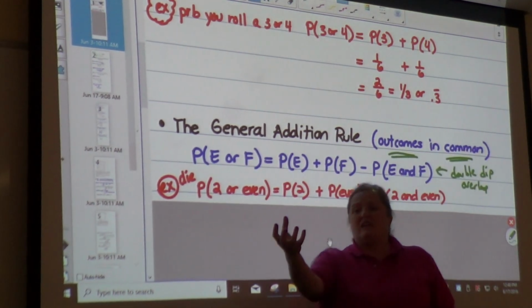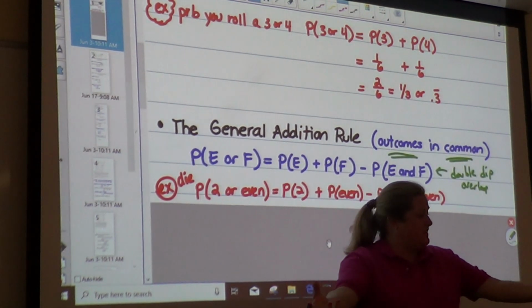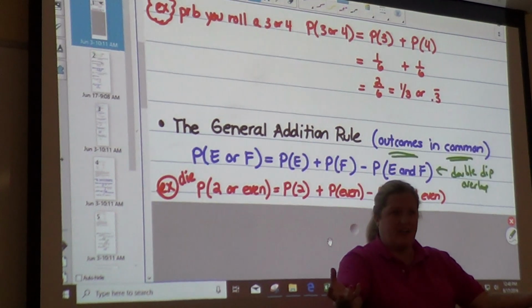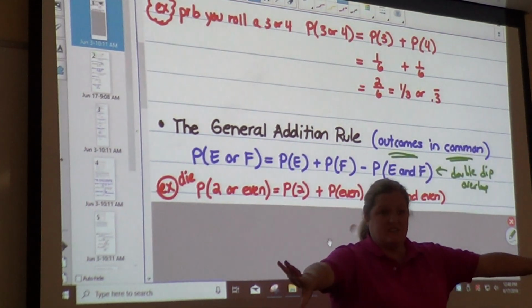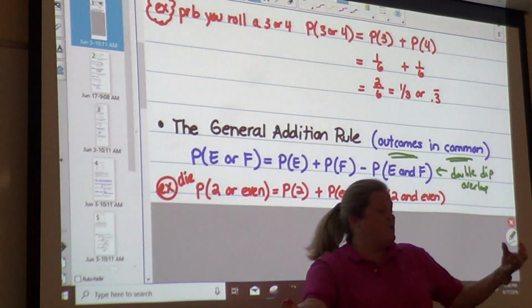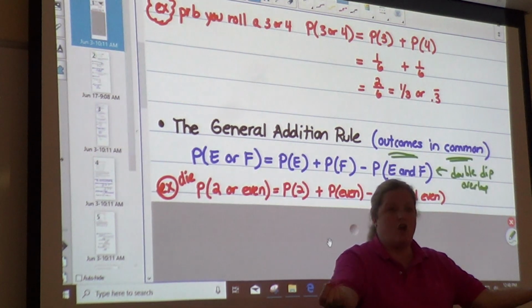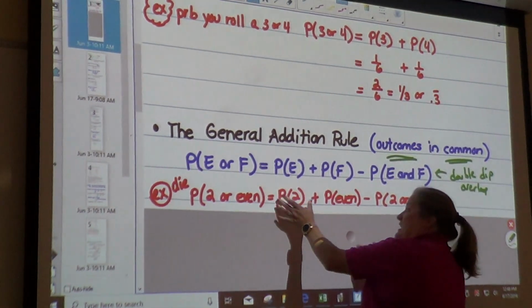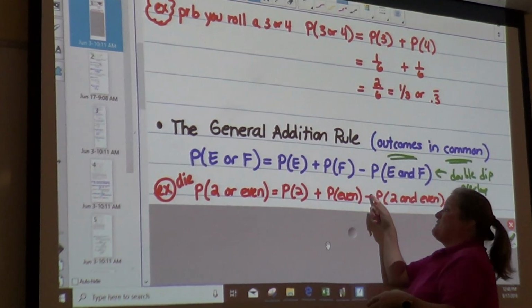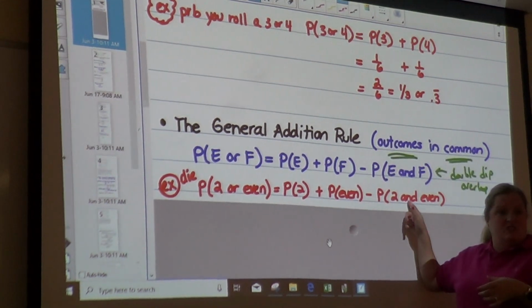Do you agree that if I got a 2 and I got an even, some of those answers overlap? Just like if I got a 3 and I got a 4, they didn't have anything to do with each other. But if I got a 2 and I got a 4, some of those answers overlap. So I've got to do the 2, and I've got to do the even, but I've got to take out the overlap,